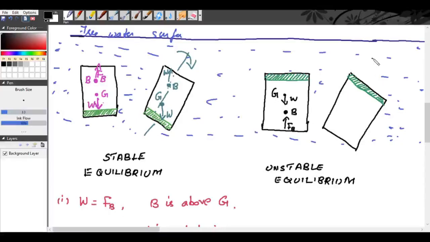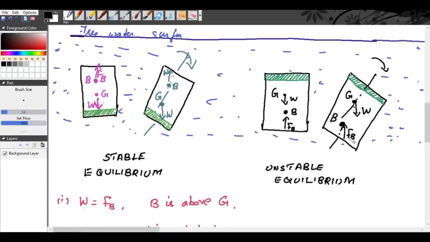And when the body is tilted in some clockwise direction, this is our neutral axis, and this is our G, W acts downwards, and the B, that is center of buoyancy, also lies on the neutral axis, and force of buoyancy acts